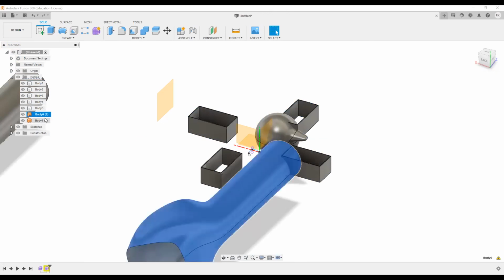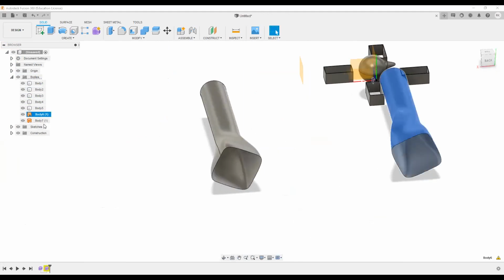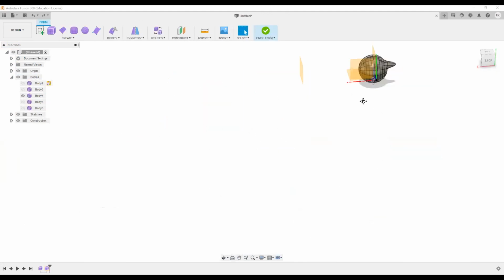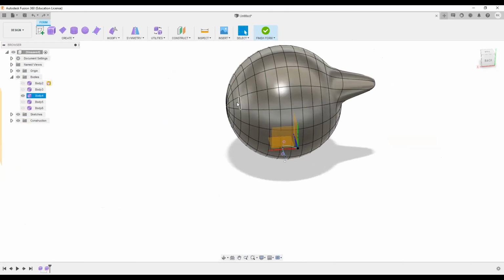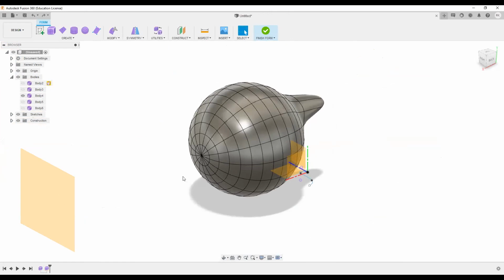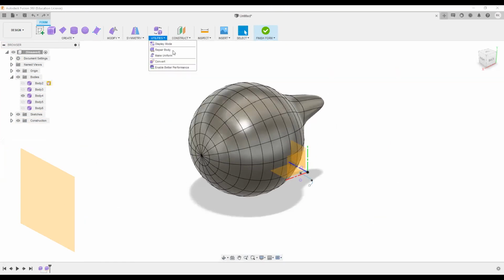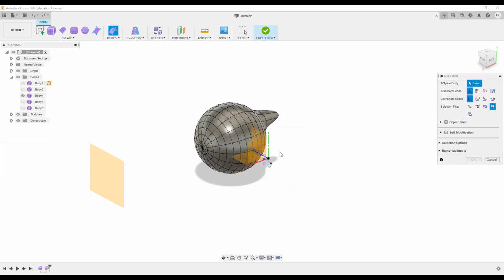But these two particular bodies cannot get converted to B-rep. If there are intersecting edges in a T-spline body, then it will not be converted into a B-rep. So for that, I'll just demonstrate an example here.